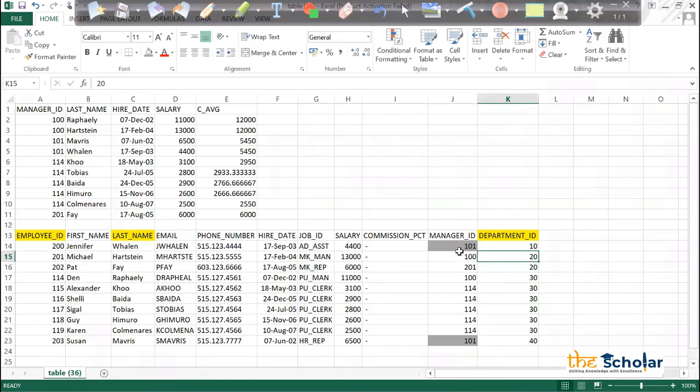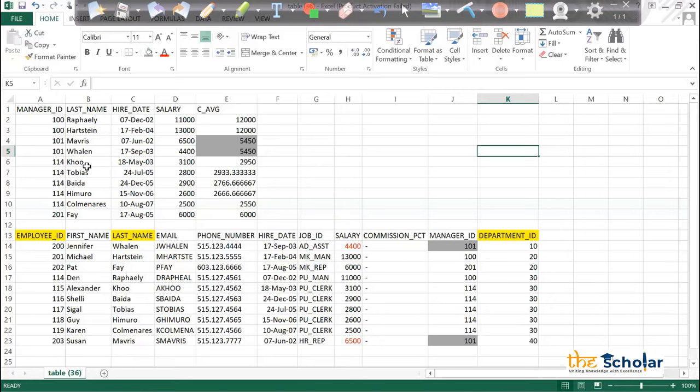Let me concentrate on the 101 record. So what is the salary of the corresponding employee? That is 200, which is 4400. What is the salary of the corresponding employee reporting to this manager 101? 6500 plus 4400. What is the average coming in? 5450. 4400 plus 6500 divided by 2, 5450. And you can see here we are getting 5450 for both the records, which is as of now acceptable. I can accept that. Okay, it's doing some average and it got the average.